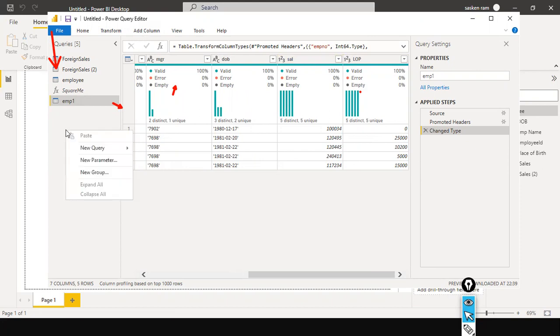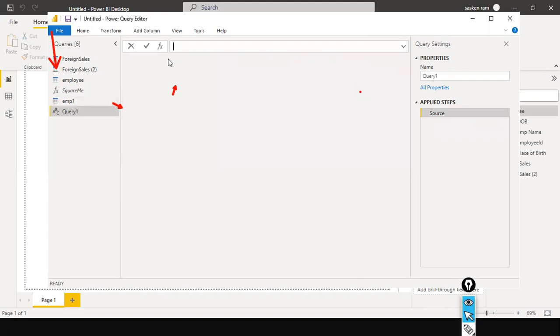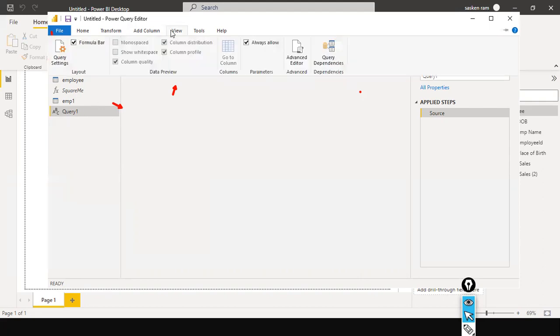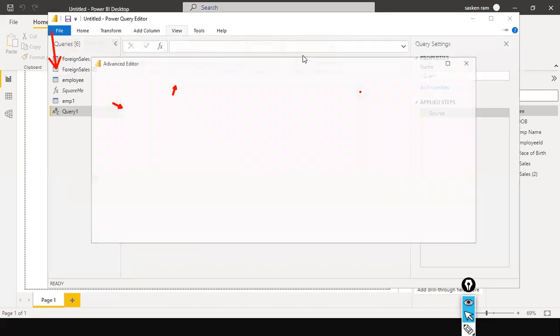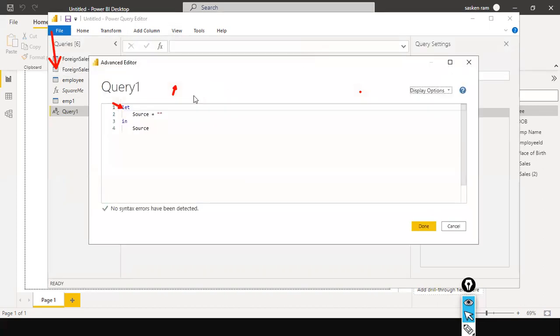One way of doing it is right click on it, again new query, blank query, click on it. Here itself you can type it, but here you might find it inconvenient because the space is not much. So the other way of creating the function is to click on the view ribbon, and you will find something called advanced editor. Click on this. Here you just go and create a function. So here I just say equal sign, same thing. Here I take